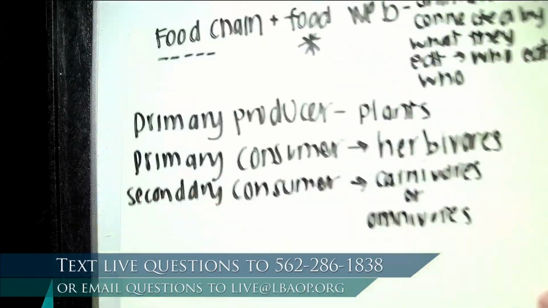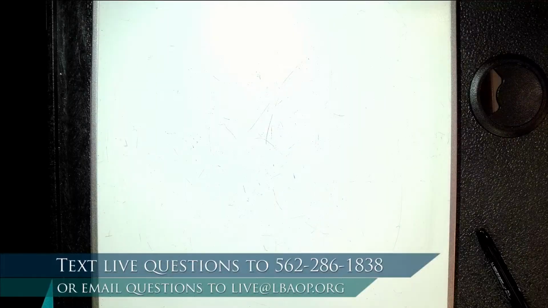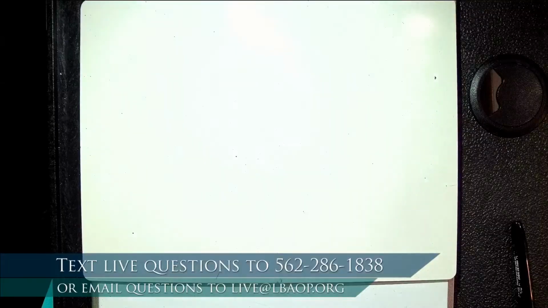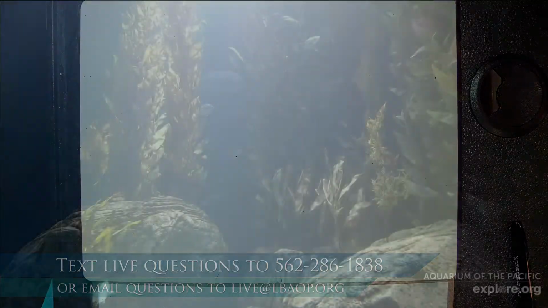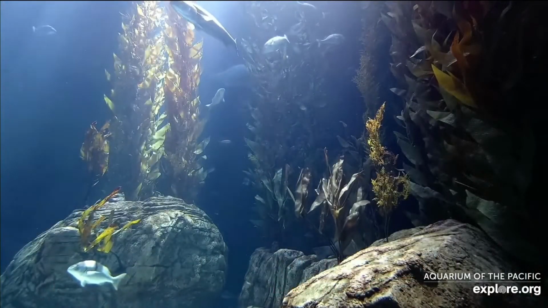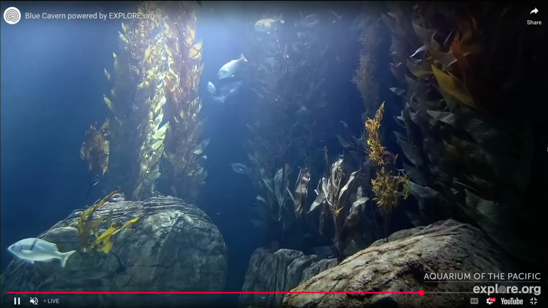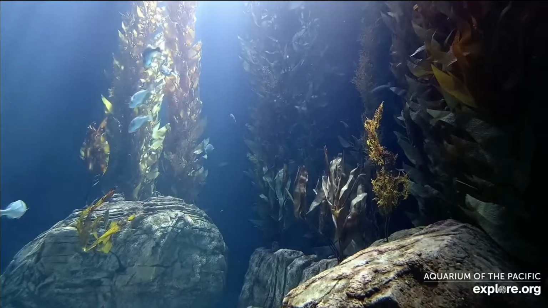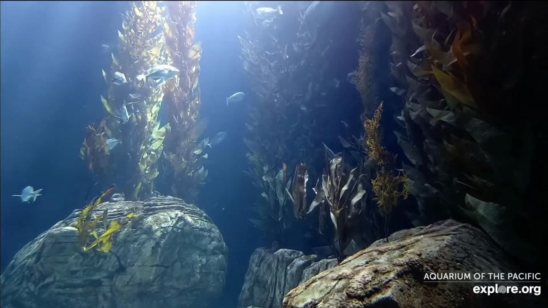That's a lot of vocab. We're going to put that aside, and we're going to build our habitat and a food web. So I'm going to draw. You're welcome to draw along with me. But let's go back to our blue cavern again, because this is the habitat that we are going to use to focus and to build our food web. So think back to those observations you made and to our list of who's a player in this food web or food chain. That's going to help us think about the things we need to draw to add.